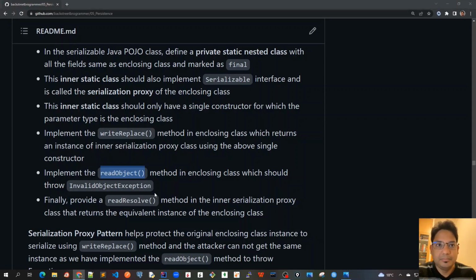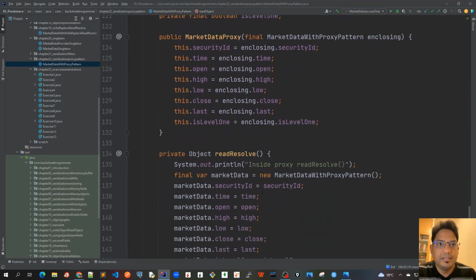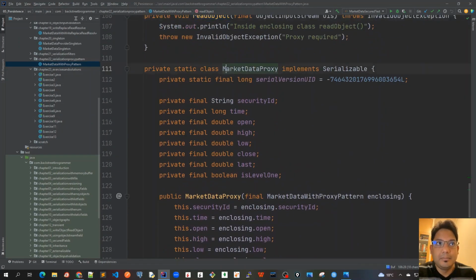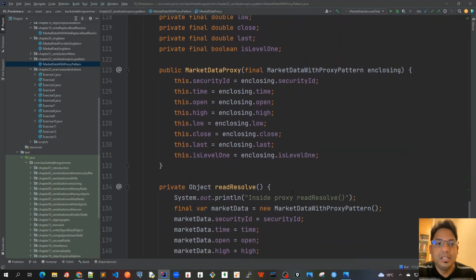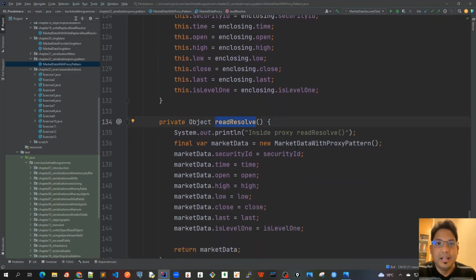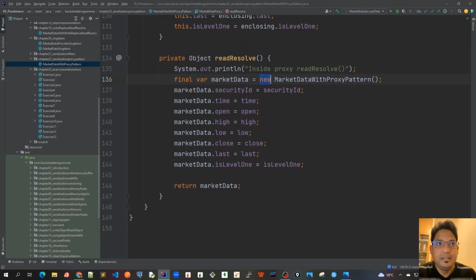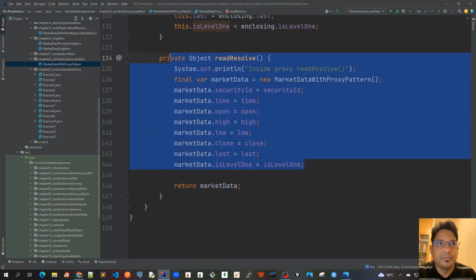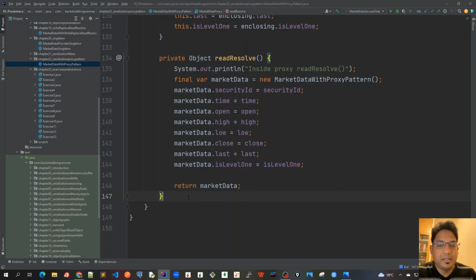So we have defined this readResolve inside our inner private static class MarketDataProxy. Here we are creating the enclosing class object by calling the new operator and setting all these field variables as defined here. By using this pattern, the many vulnerabilities exposed by the readObject method are encapsulated inside this readResolve method of the inner static class, which is not exposed